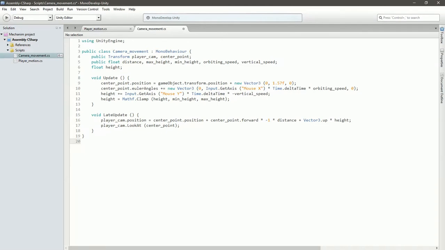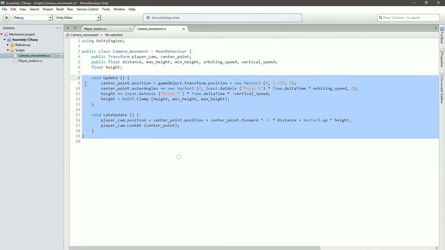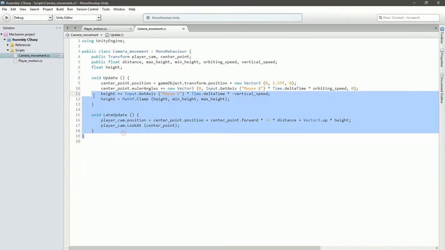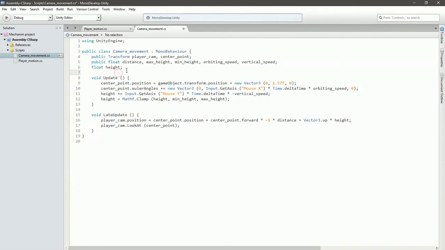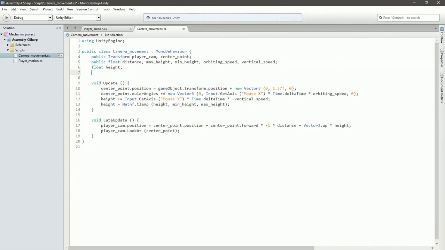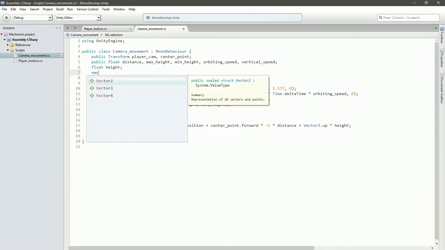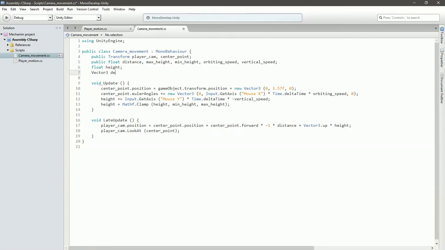Anyway, before we do any of our genius camera collisions, let's quickly change our camera movement script a little bit. So I need a temporary Vector3, private, which I'll call destination, or just dest for short. And now I will type destination equals this,